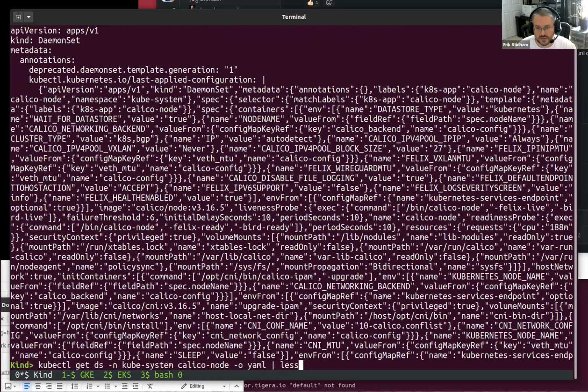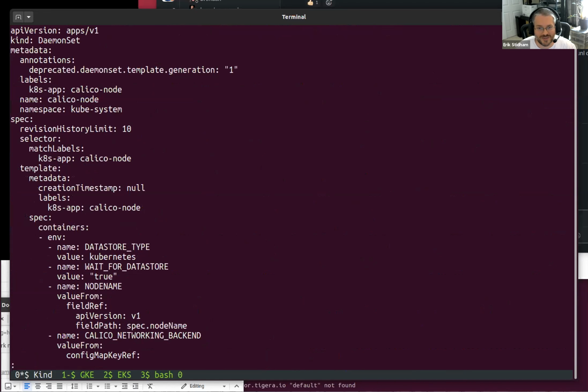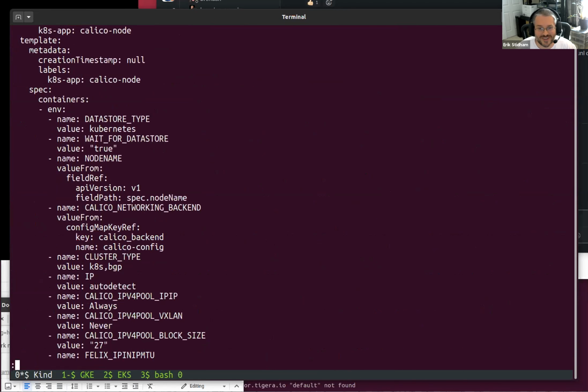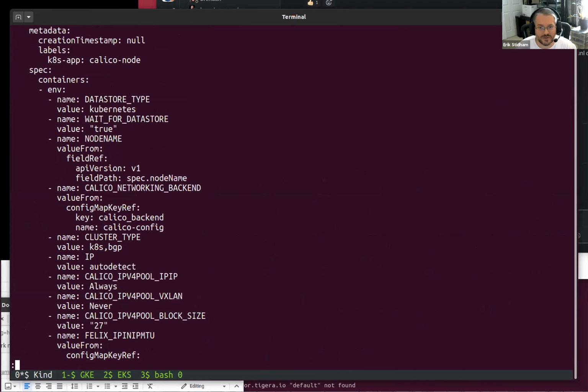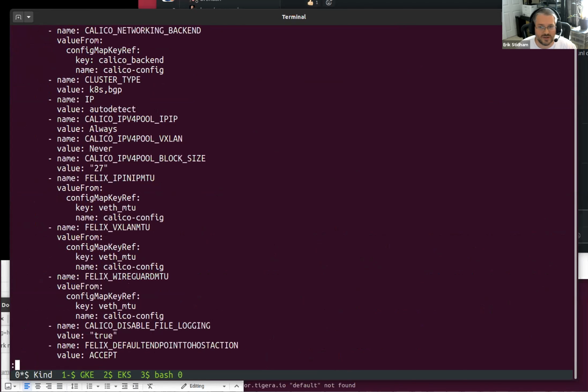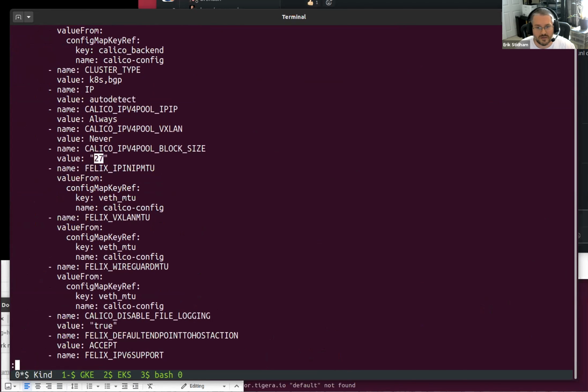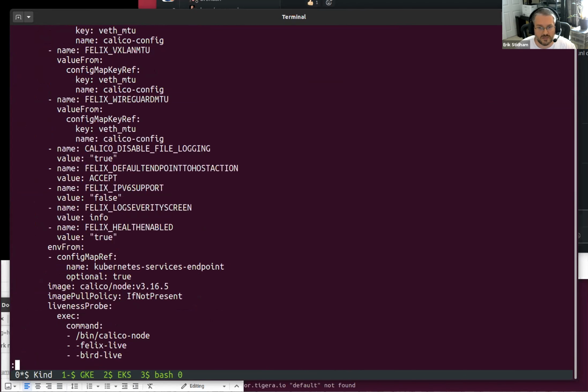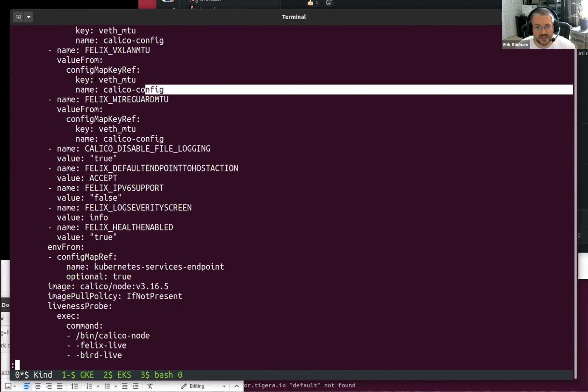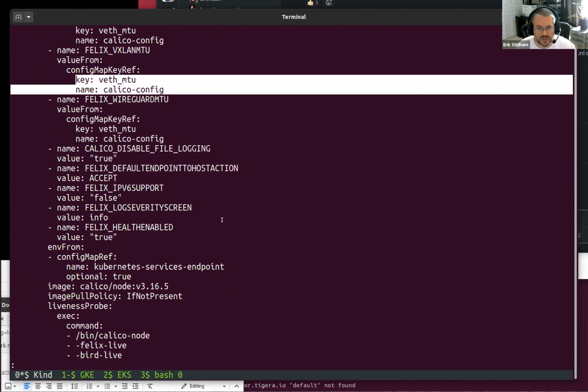Actually, let's use, I've started using kubectl neat. It strips out a bunch of stuff that I usually don't want to look at. So the things I wanted to point out were that I've changed the block size here. I've also changed the MTU, but that's in the Calico config, so we'll look at that in a sec.